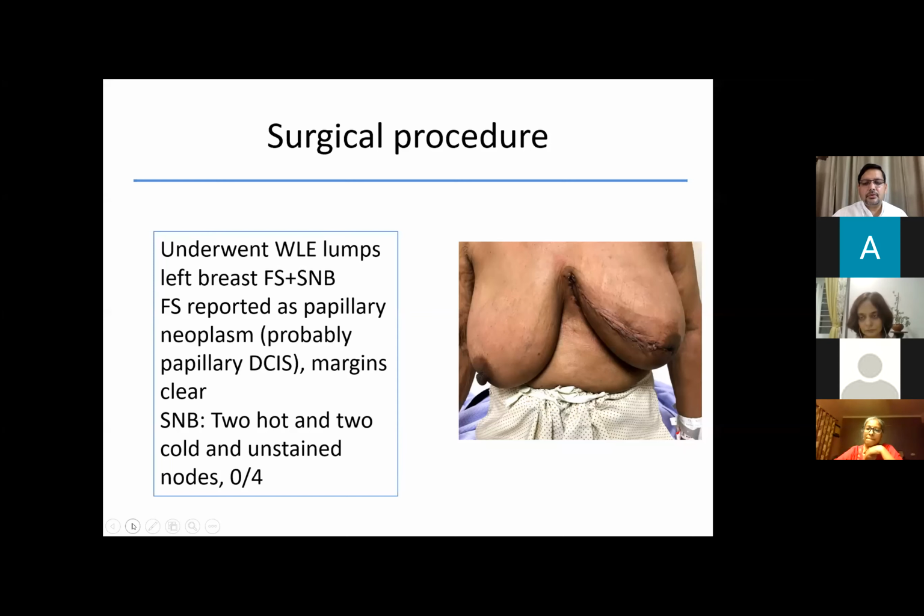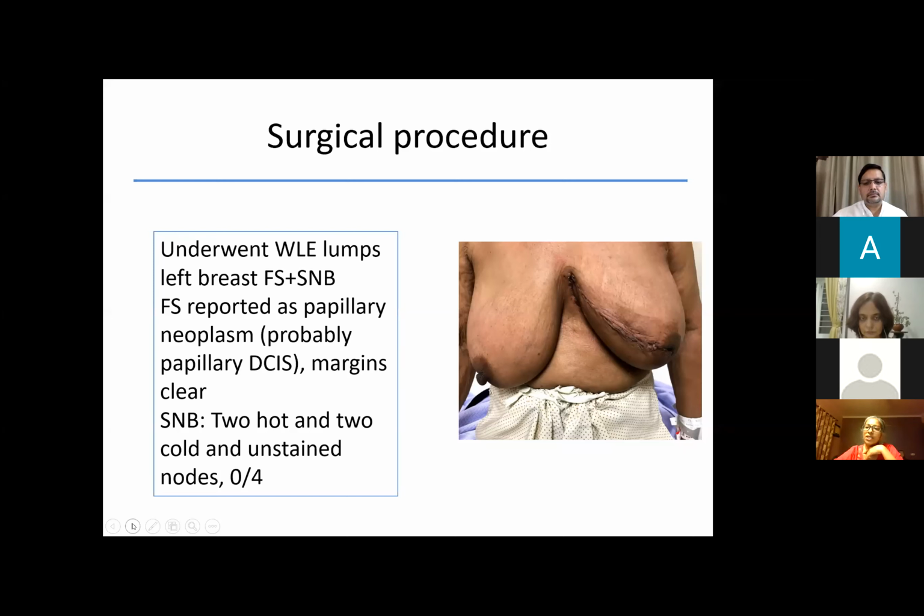Also, because you don't want to subject her to multiple surgeries during COVID times, and otherwise also Indian patients, very difficult to convince them for another surgery. And they feel that you haven't done the right thing the first time. And cost issues are also there. So I would definitely do a sentinel node biopsy. If done well, you don't remove a lot of nodes. I don't think there is a problem post-operatively of lymphedema or any other thing.